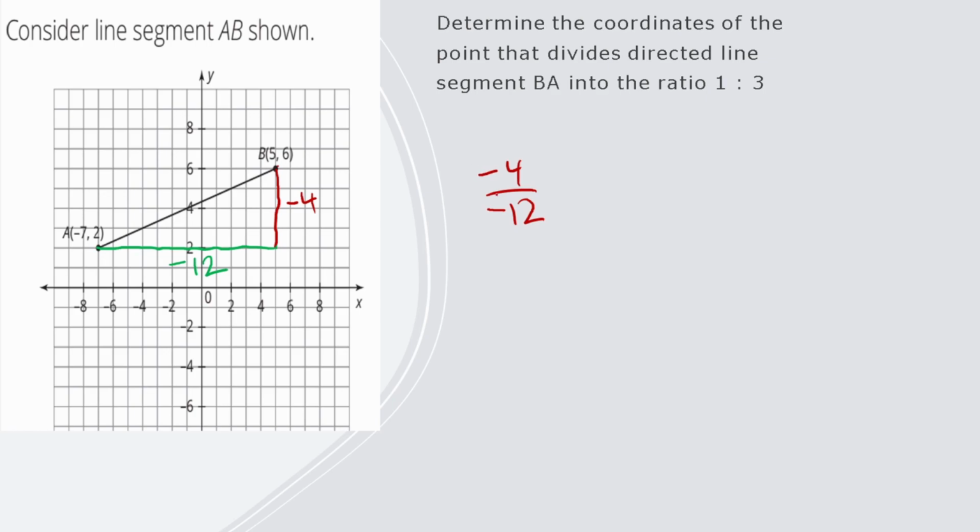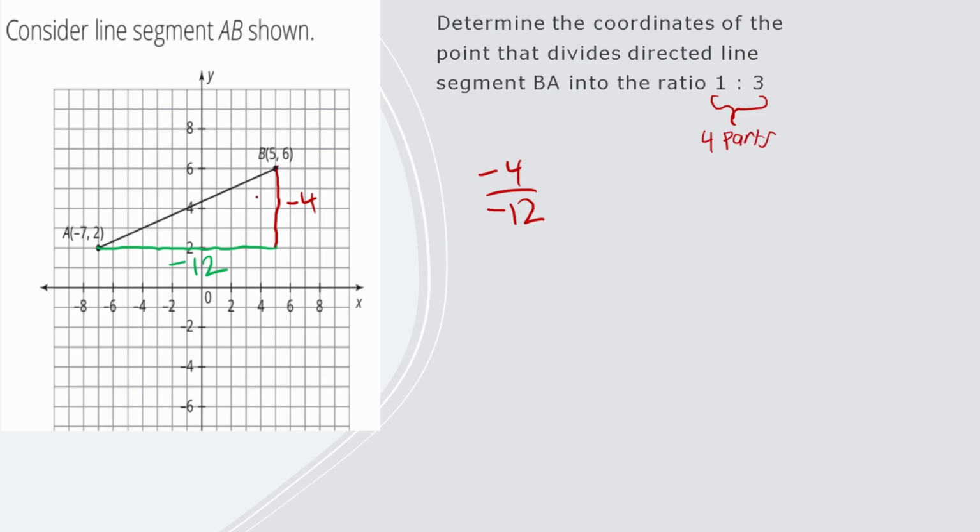And the reason we don't want to is because right now the negatives are telling us direction. And also, I want to do something else. Now, yes, we can divide it by 4. But the reason we're going to divide it by 4 is because our ratio is asking us to separate this into 4 parts. 4 parts. Right? And now,